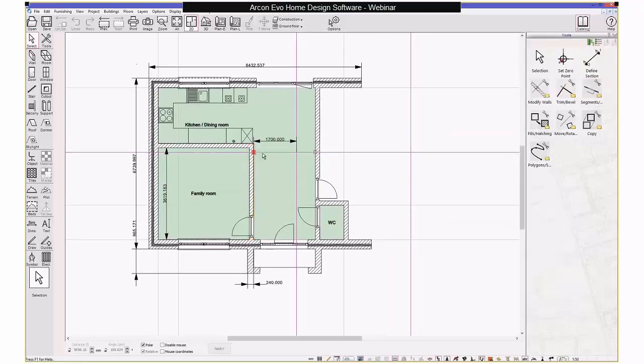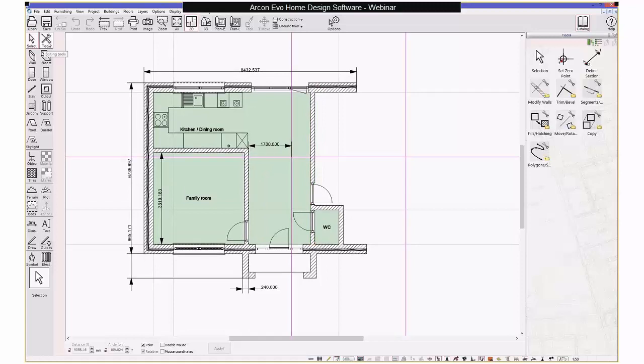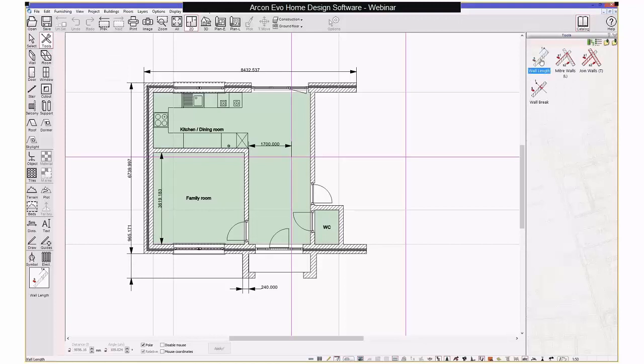Okay, so what I've got here is an incomplete ground floor. So what I'm going to do is make some changes to the walls, put a new wall in, put a stair in, and then create a second floor. Okay, so first thing I'm going to do is click on the editing tools here, and I'm just going to stretch out using this wall length tool here. I'm just going to stretch out this external wall to this guideline on the right hand side here. I'm going to do the same for this